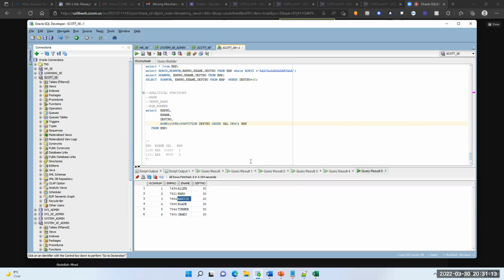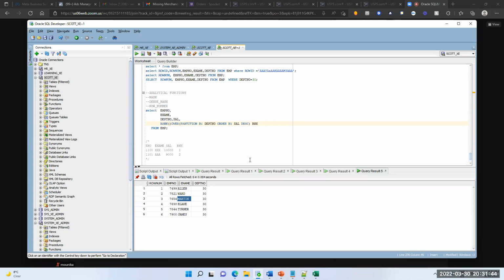So we're using order by here. See here, I am grouping by department. You understand, earlier we wrote group by. You remember that? Similar kind of thing. Here I'm using partition by, and order by.